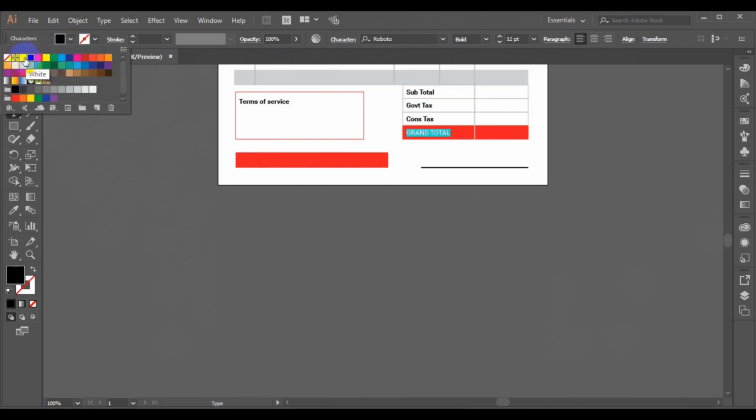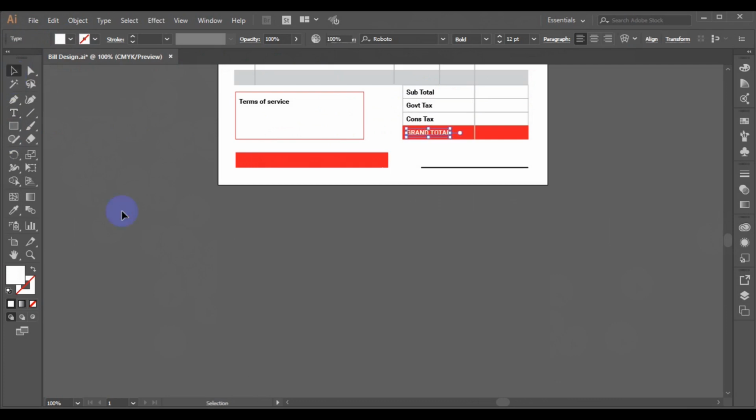So here can be total, grand total. So Control A, so all in capital, grand total. Then Control A again to select everything. So I'm going to change this to white and satisfied with that. Now we can as well make a duplicate of this,